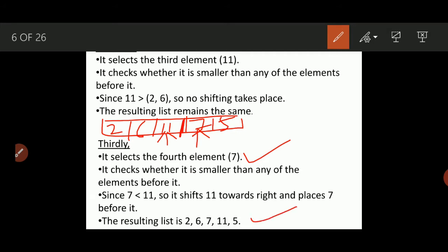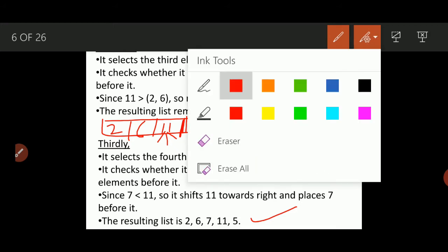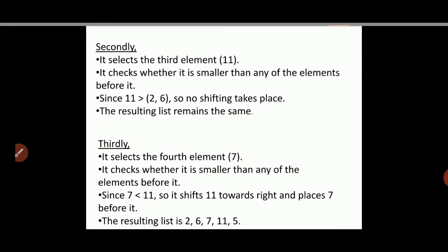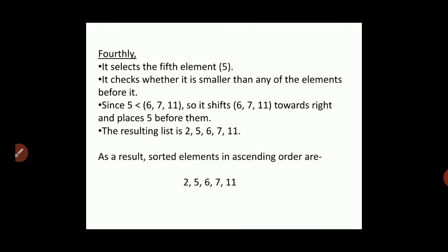Because after shifting is 7, then 2 6 7 11. Okay, so we will discuss next. We will go to the next page, and this is the fourth iteration. Then we have the fifth element, this is the last element, this is 5, and we will check the elements before the fifth element to